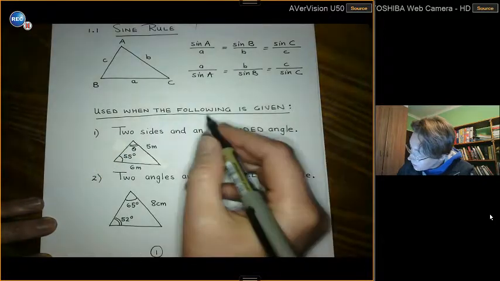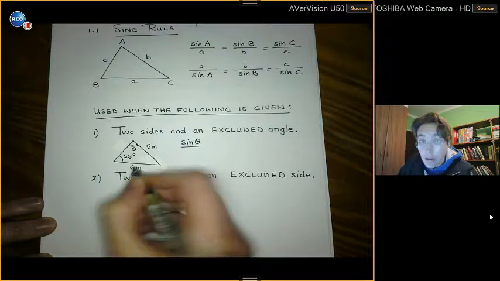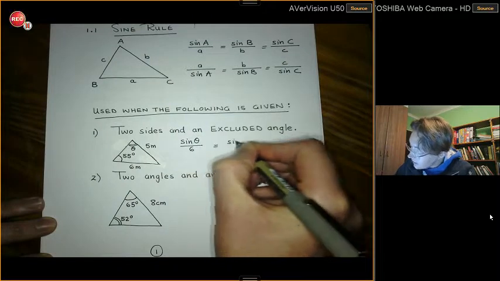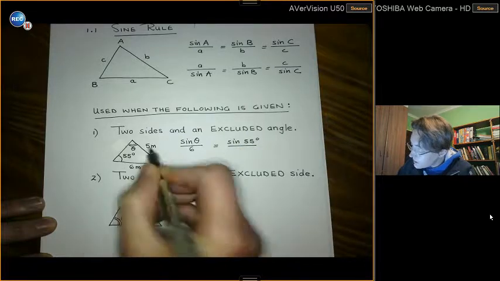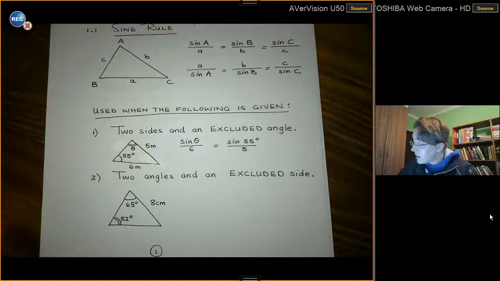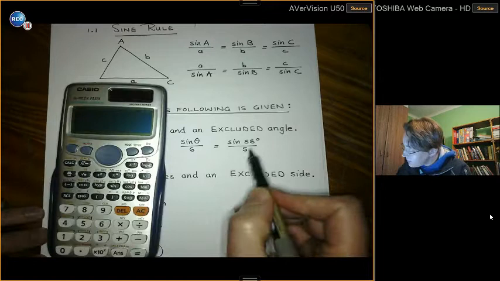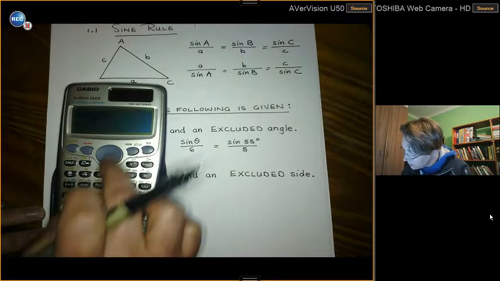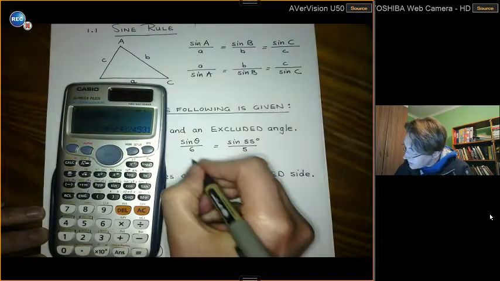So we're going to say the sine of angle theta over the side opposite to it, which is 6, is going to be the sine of 55 degrees over the side opposite to it, which is 5. Then we can calculate that by saying it's sine 55 degrees over 5, which we are then going to multiply by 6, and that's then going to give us the sine of theta,